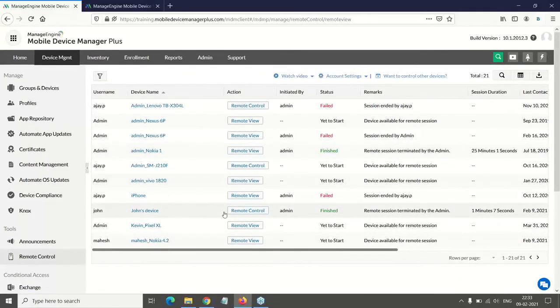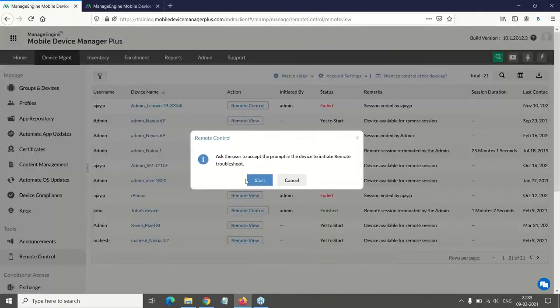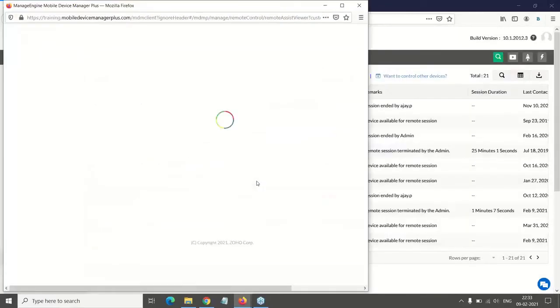You can choose a device that you want to troubleshoot and click on remote view or remote control. So here you can configure the remote troubleshoot in such a way that it should initiate the remote session only when the user allows it, or you can also configure unattended access, meaning you can just take control of the device even if the user is not available, without user intervention.